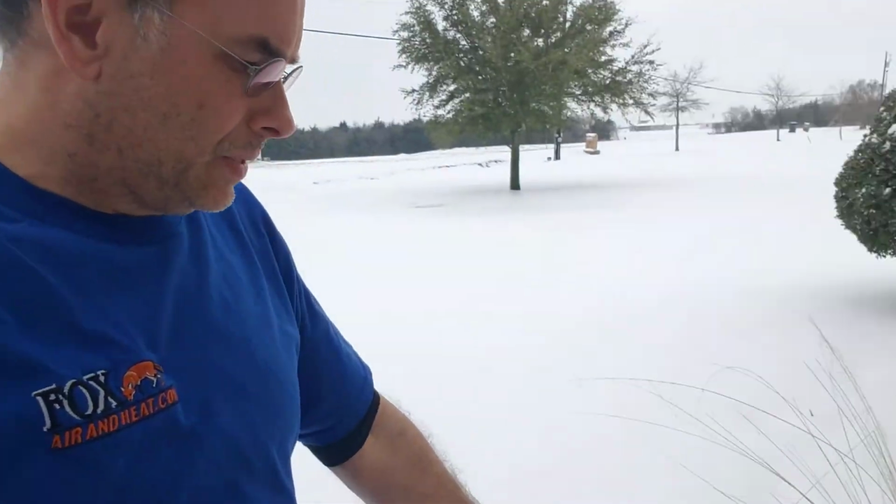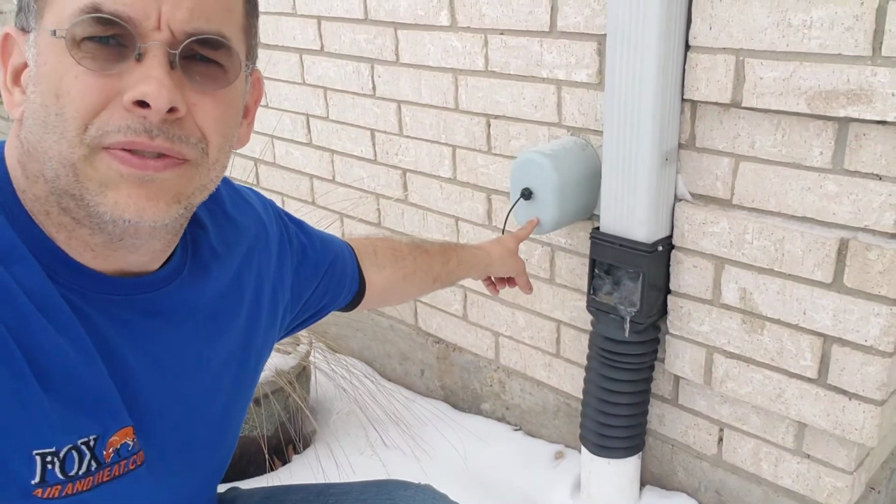So make sure you have faucet covers over your faucets, and make sure they're not leaking. Like I said, we've got heat inside, so we've been trying to get caught up. We've been out and about a little bit on the roads, but not much. That's kind of what we're doing. If your furnaces are locking out or not starting back up, go ahead and do a power reset. You can turn off the power on that and then turn it back on, and that'll work pretty good. The roads were pretty bad today because we had a bunch of ice. So just try to